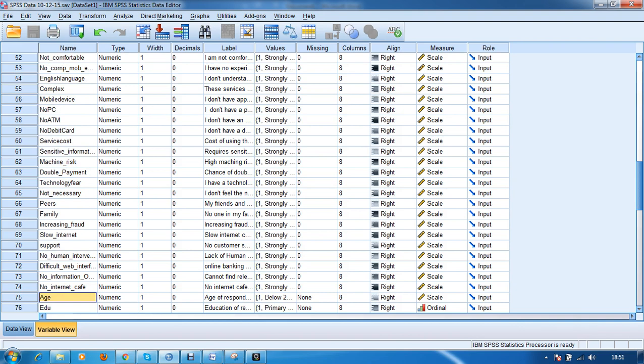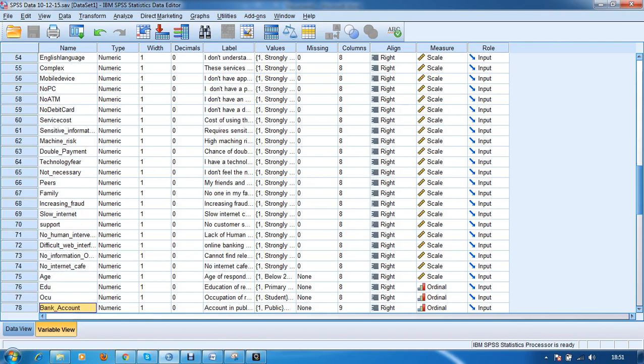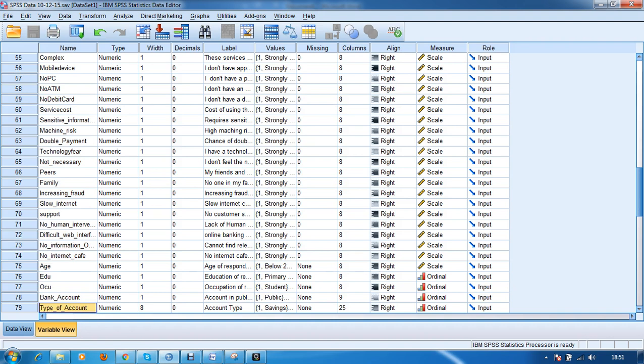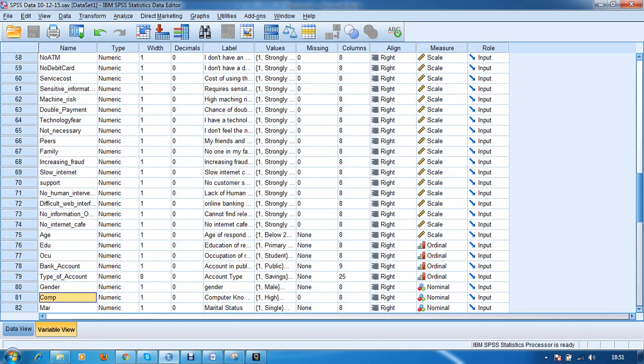Also, there are many demographic variables which I have included, such as age, education, occupation, bank account, and the type of account, whether it is a public bank account or private bank account, and also the gender, as literature says that gender is a very significant factor in determining electronic banking uses or technology based banking uses. So I have also